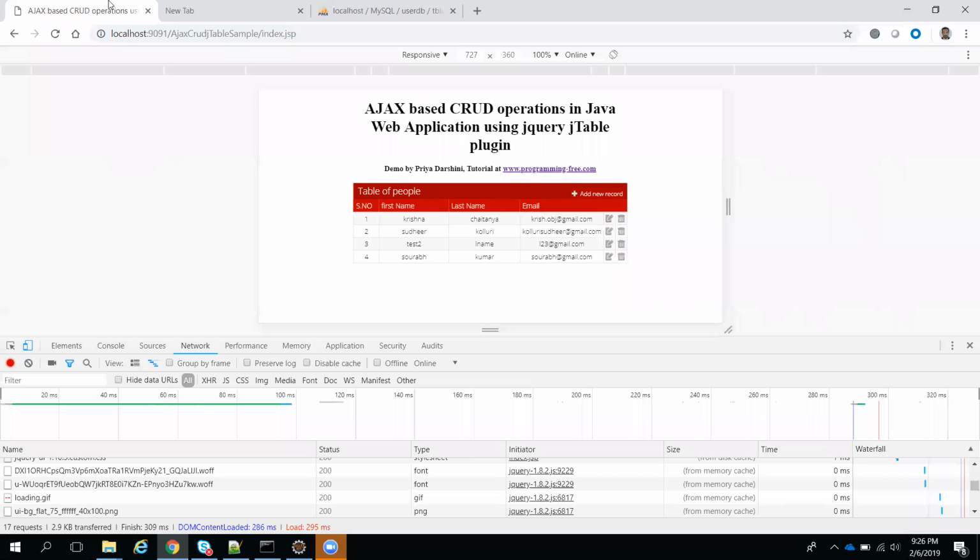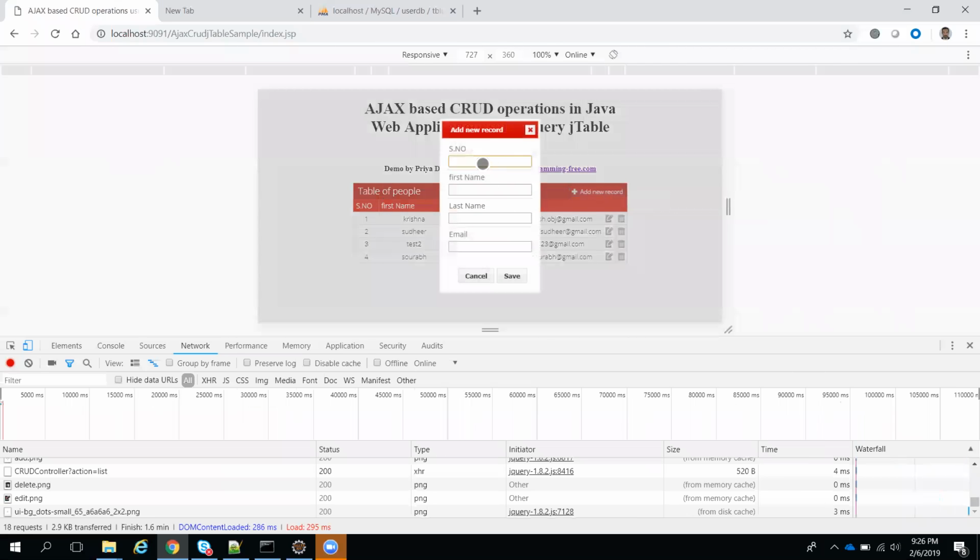See, just keep one eye here. I will add one more record. That record is coming into your database. Now again I will add one more record here. Okay, 5, first name. Somebody's name, you guys. Jeevan is there, right? Jeevan. Last name, Jeevan Kumar, something I'm giving. Okay, jeevan.bms at gmail.com.